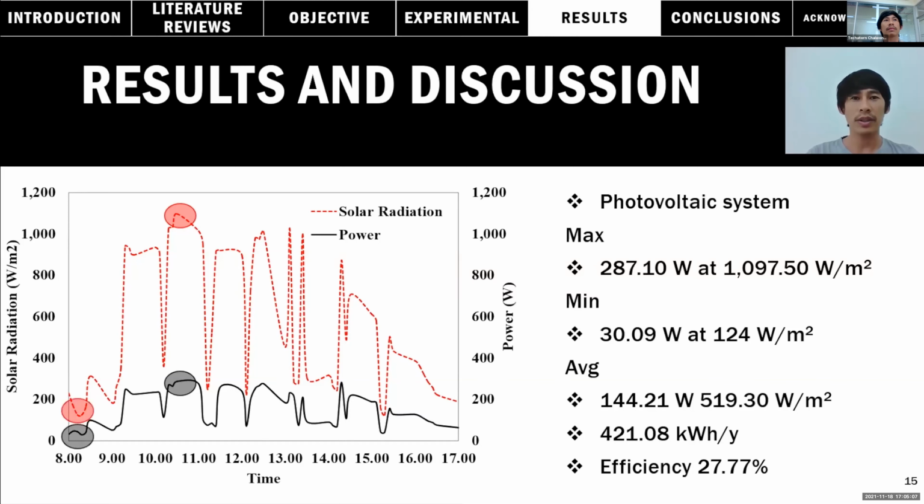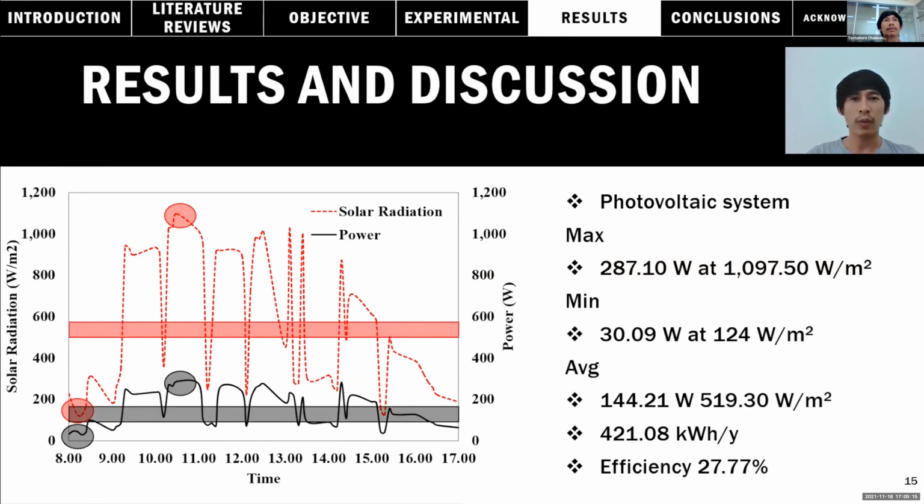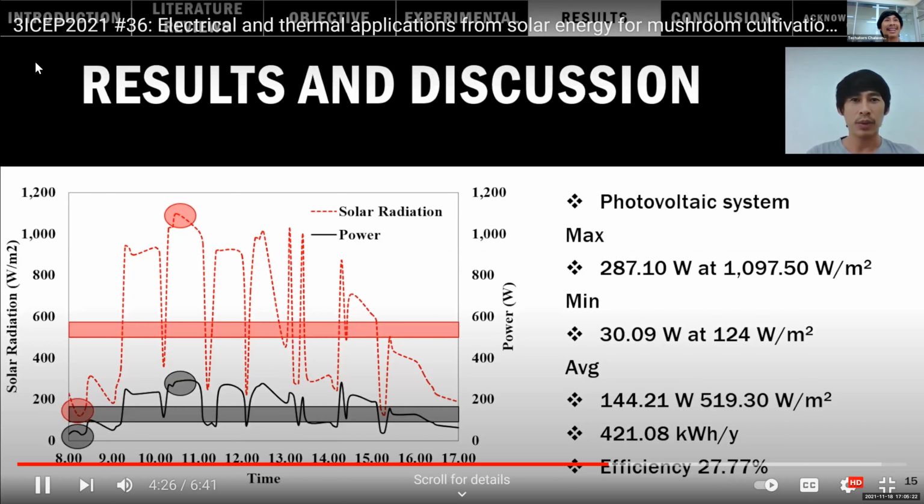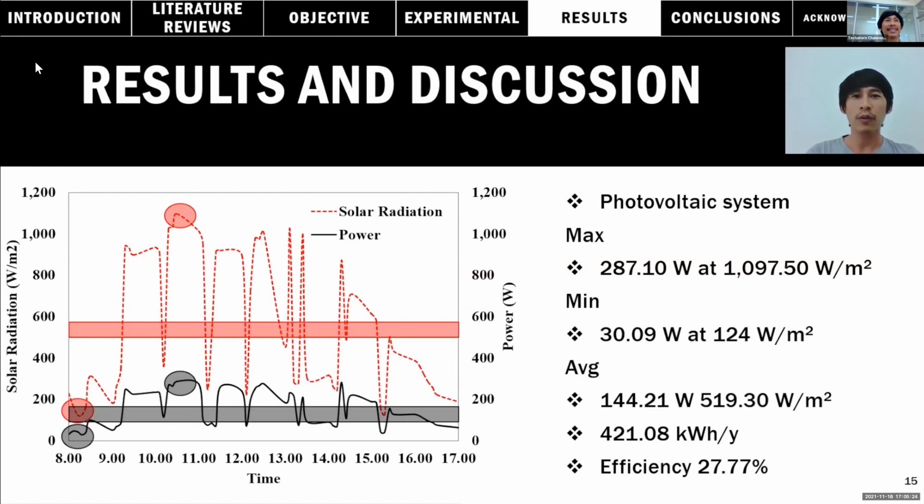The minimum was 30.09 watts at 124 watts per square meter. The average was 144.21 watts at 519.3 watts per square meter. The photovoltaic system produced 421.08 kilowatt-hours per year of electricity, and the average efficiency was